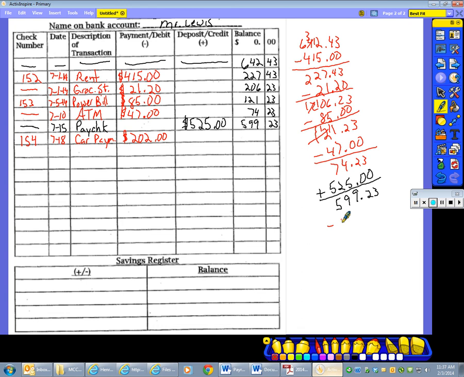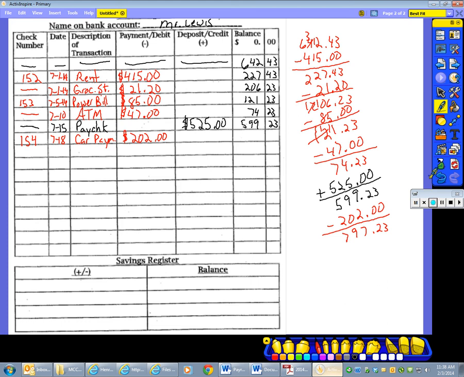So that means I need to subtract $202 from my current balance. So I'm left with, well, this doesn't change. 9 minus 2 is 7. 9 minus nothing is 9. 5 minus 2 is 7. So now my balance,